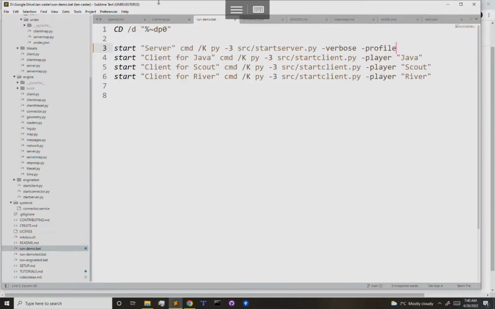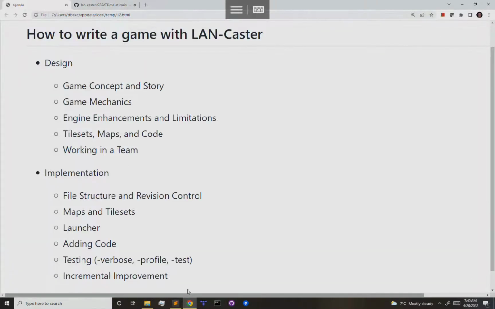Okay, so finally for this video, it's just talking about incremental improvement. We talked about working as a team a little bit, but I also want to talk about incremental improvement. I've alluded to this a lot. Put your basic file structure in place, get your game running with a launcher, even if it does nothing. And then as your tiles get done and you get a few of them complete,